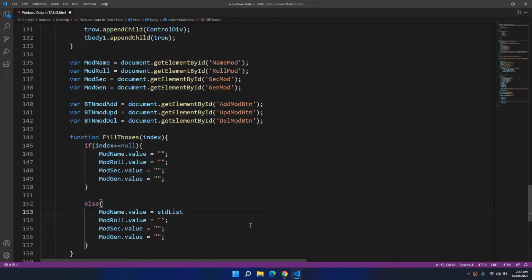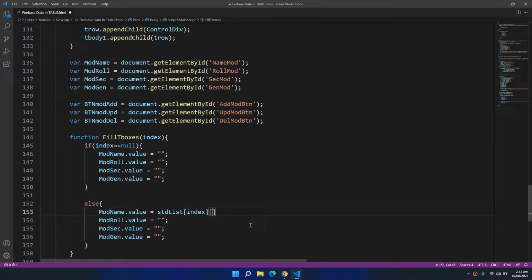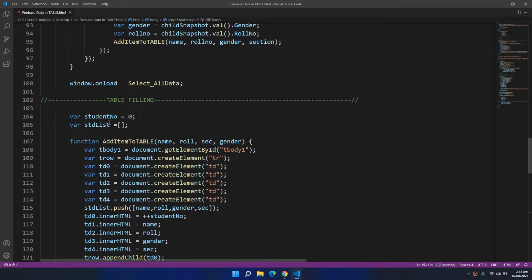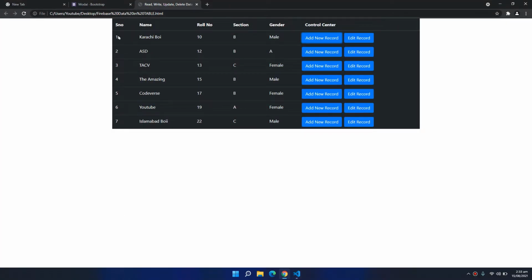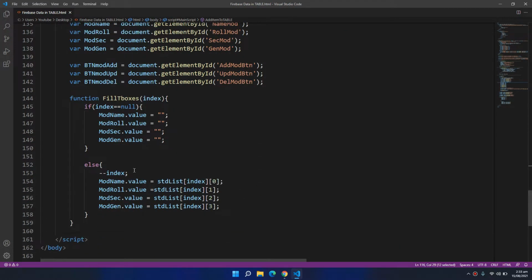So student list, index, and 0. Also minus minus index. It's because the student numbers start from 1, as you can see over here, but our array starts from 0. That's why I'm doing this, minus minus index.